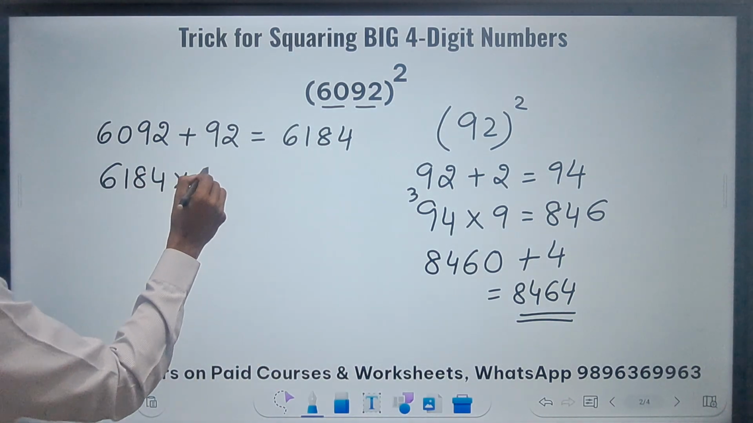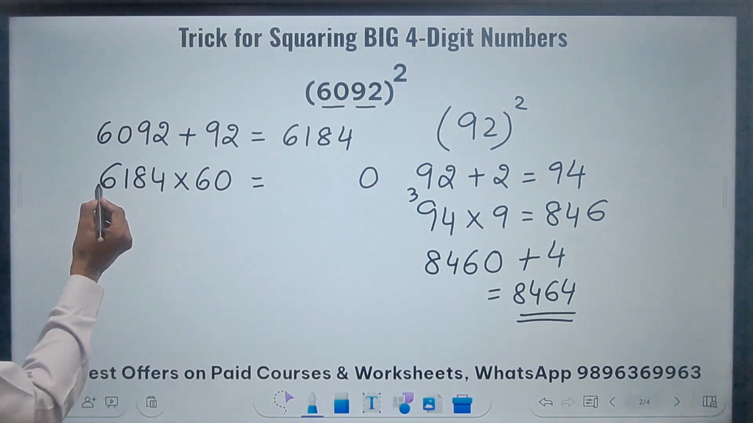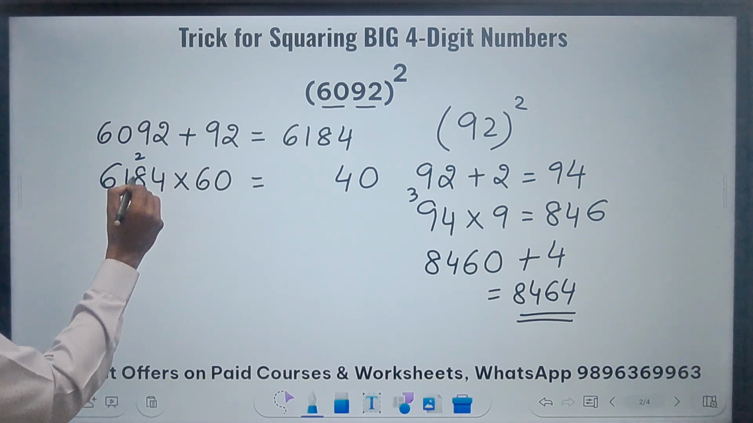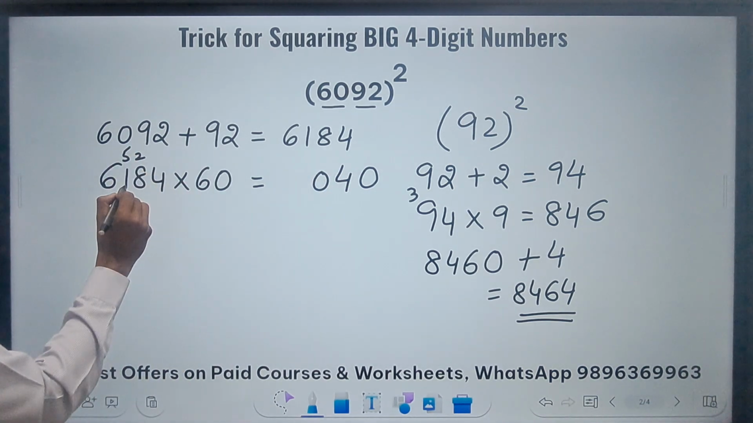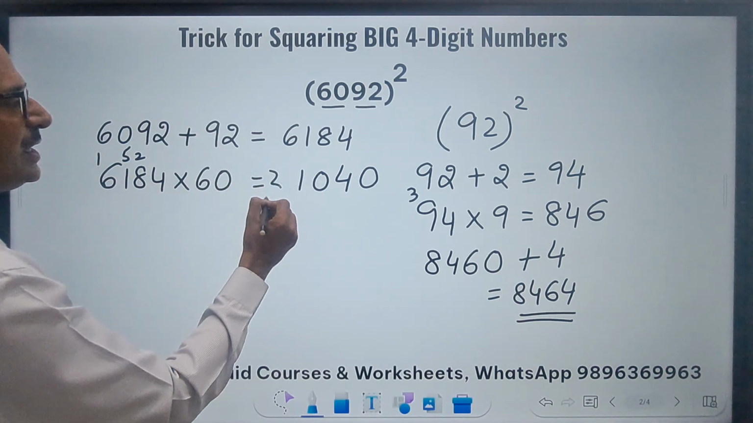Now you need to multiply that by 60, the first doublet. So you will have a 0 obviously, and then just multiply by 6. 6 fours are 24, so 4 and a 2; 48 and 2, 50. So 0 and a 5. 6 ones are 6 plus 5, 11. 1, 1 and 37. So